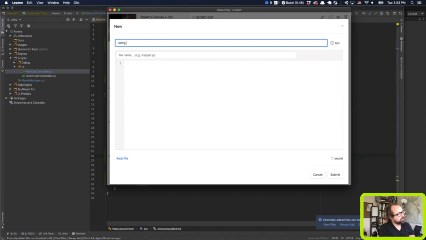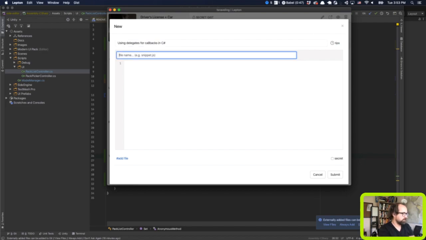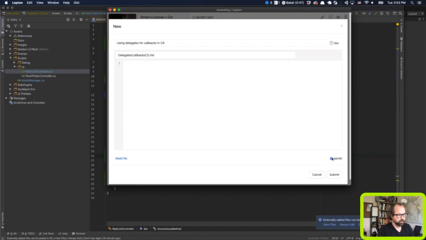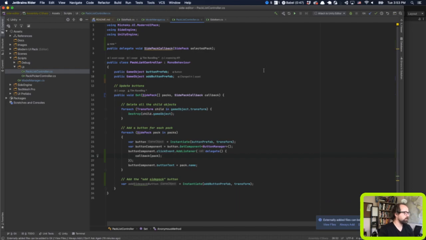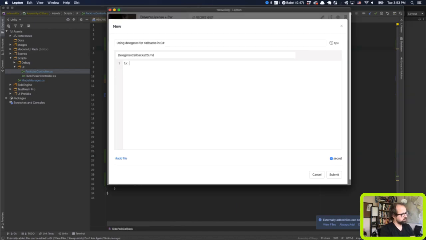Using delegates for callbacks in C#. .md means markdown. Secret because I don't want my notes publicly browsable. And we're going to say define